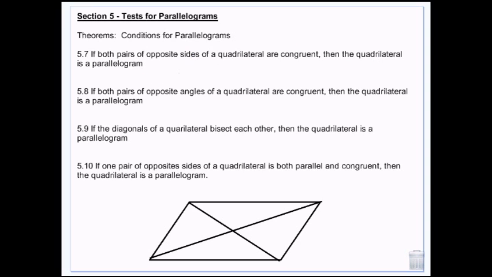So if you have some shape and you know that these two sides are the same length and these two sides are the same length, you know it's a parallelogram. If both pairs of opposite angles are congruent, then it's a parallelogram. So if these are the same and these are the same, it's a parallelogram. If you have bisecting diagonals,